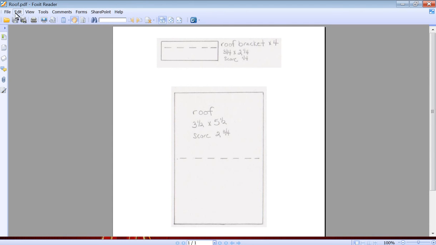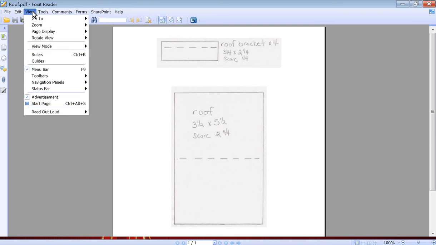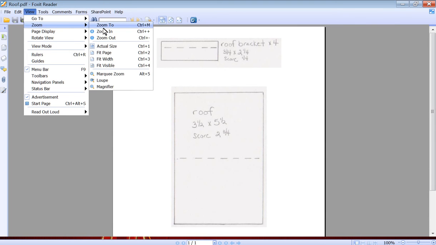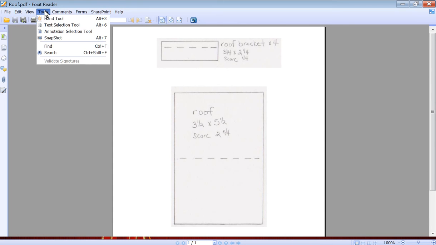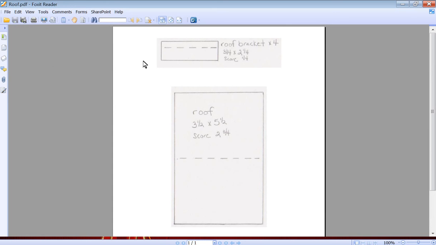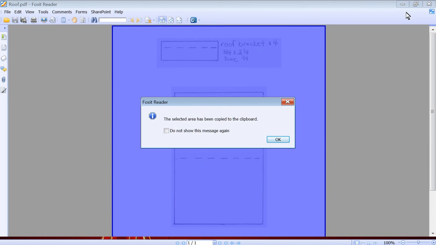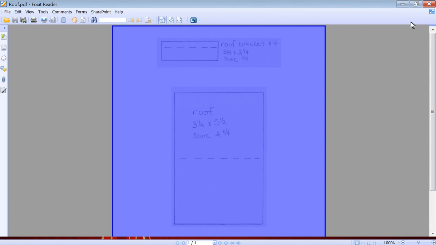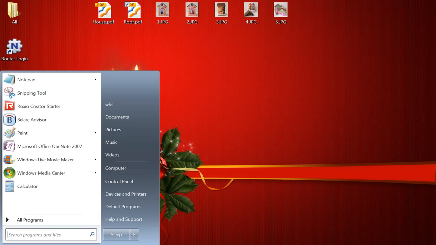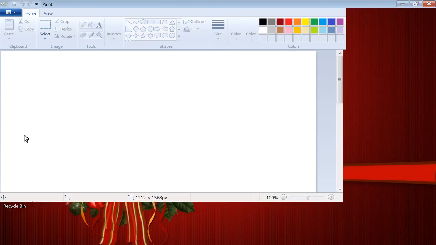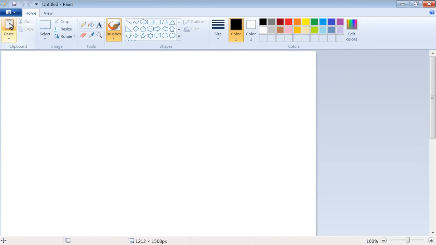I'm using this because I want to show you something a little different on this one. Let's do the same thing again. We go to View, and we go to Zoom and check actual size. Now it is actual size still from the last time we used it, and we go to Tools and we take a snapshot, we click, and we know it's on the clipboard now, so we're done with this. Oh, I guess I have to say okay, else it won't respond. Okay, and we go to our paint program. This time I'm going to take it right from my start menu and paste it,